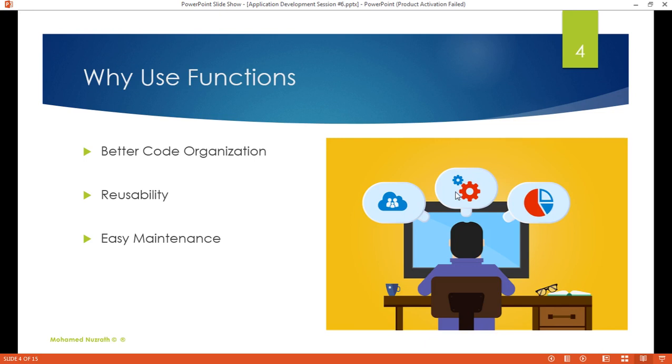Why should we use functions? First of all, no one likes ad hoc code, which means we shouldn't have unformatted, here-and-there code which is going to take a lot of time for us to learn as well as work with. So